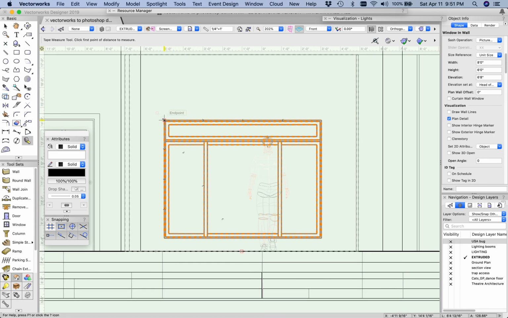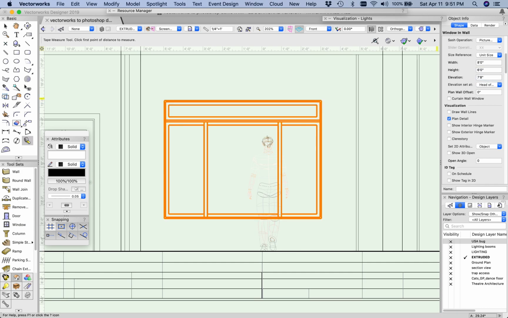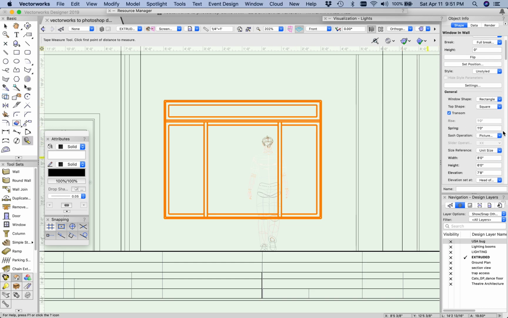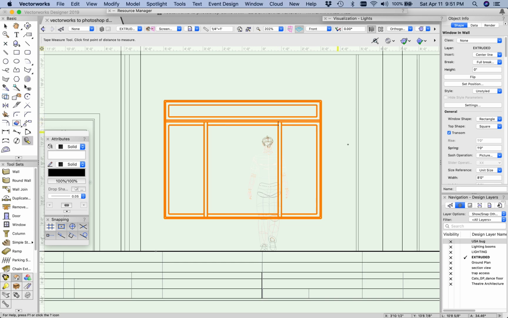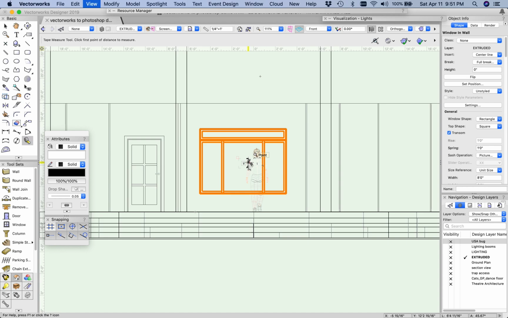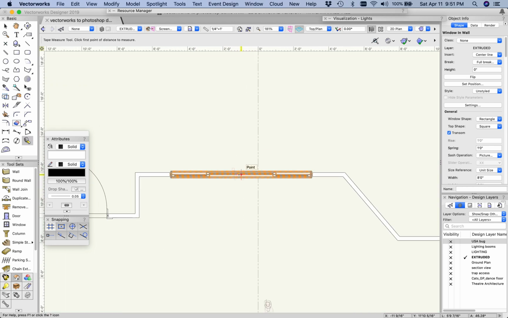Really, it's just measuring from the height of that to the floor is still 6'8". So I could also probably change this number. So it works. So a couple different ways to put that in a different position there. Now once it's set, if I go back to my top view, you can change the position of it. So again, one of the nice things about using the wall units, you can change even after the fact,